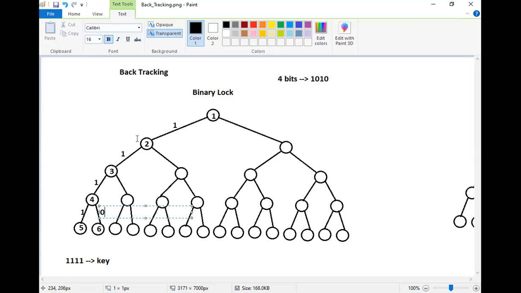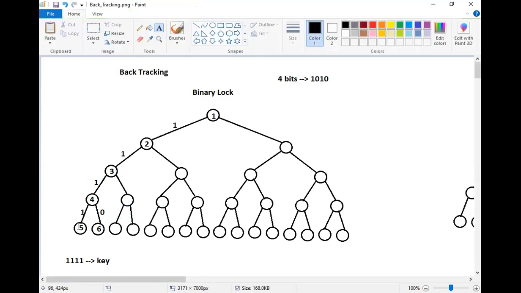When can I expect the solution? Once I reach the leaf node, I can expect the solution. The solution might be correct or it might be incorrect. It will be correct whenever the 4-bit pattern we get is the correct key value. Otherwise, the solution we are getting is incorrect. If it is incorrect, I will have to try further to get the solution. And the process is what? Backtrack. Since I reached the last level here, node 5, I did not get the solution.